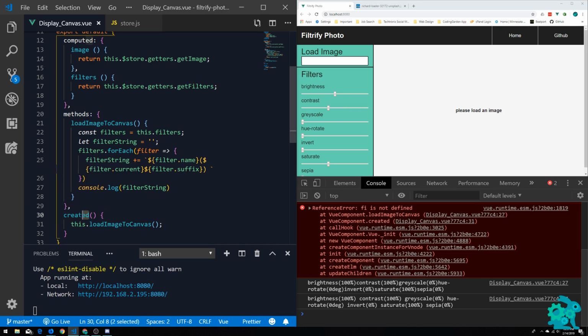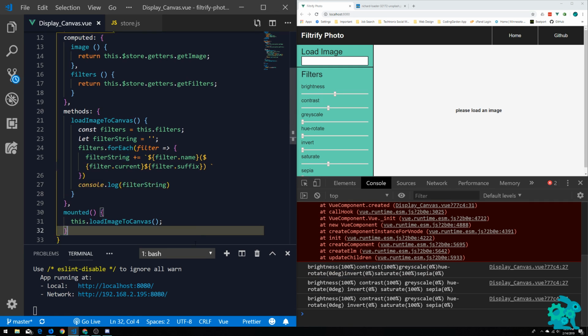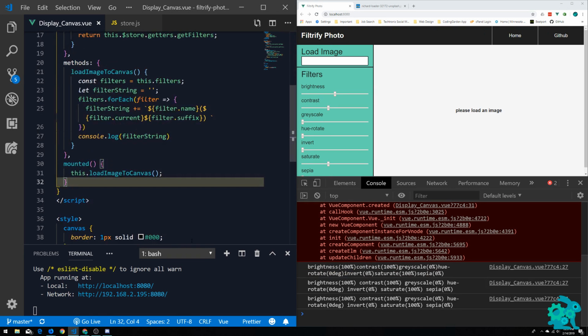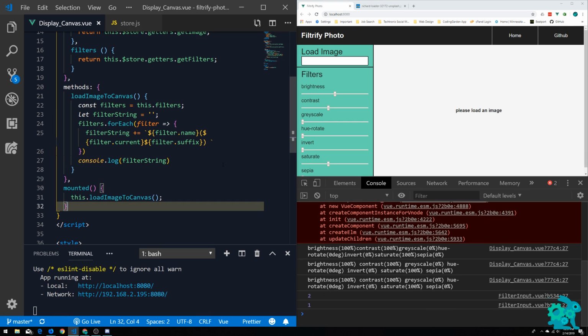Alright, so before we go any further, let's switch this back to mounted, because we don't want that. And then we actually probably won't be calling that. We're going to set up a watch property, so when the filters change, we'll load the filters, the new values, to the canvas instead of the mounted hook. We could probably keep that in there just to have it initialized or whatever, but we will set up a watch property,